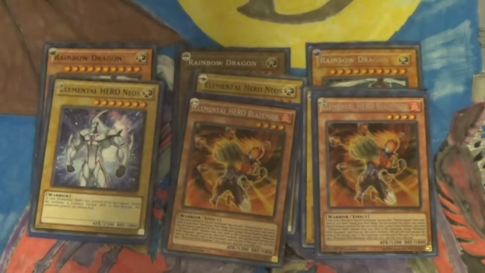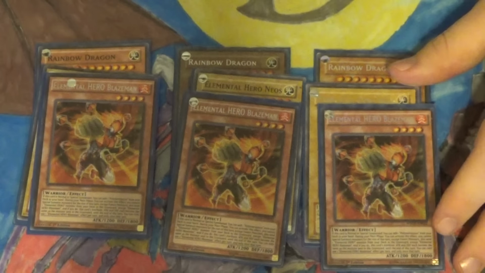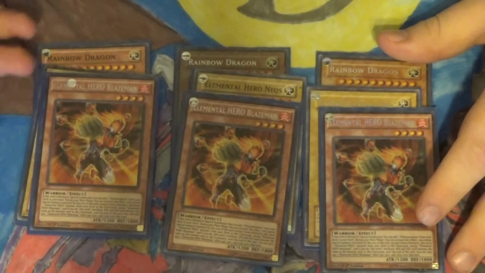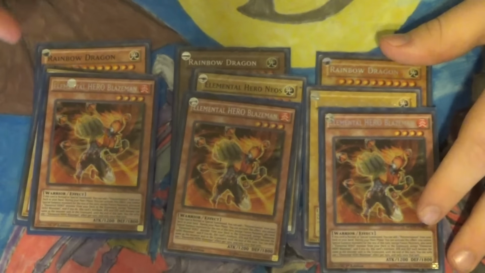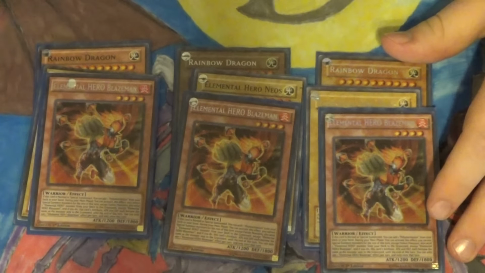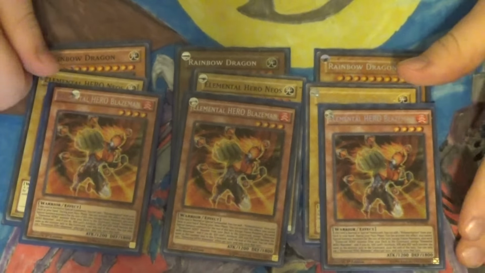Now then, to search out Poly, I am playing 3 Elemental Hero Blazeman. He is really good. You normal summon him, search out a Poly. If you don't do that, you can send a E-Hero from your graveyard. He becomes that E-Hero in attack, defense, and stat-wise. He does not actually become it name-wise, which kind of sucks, but still,